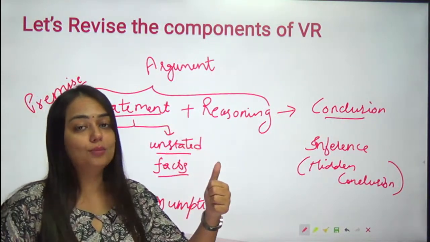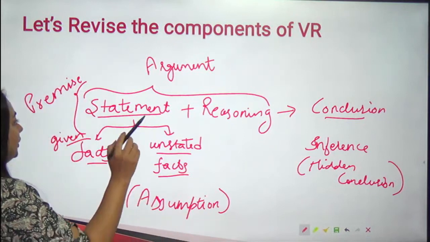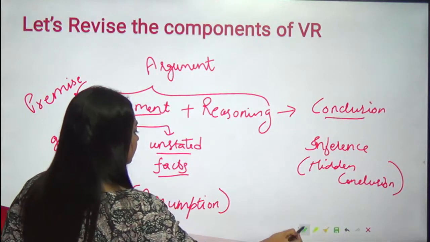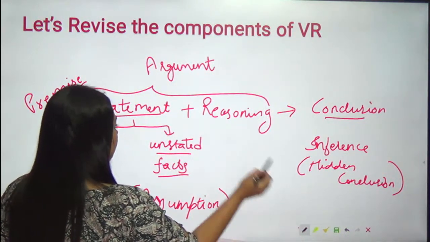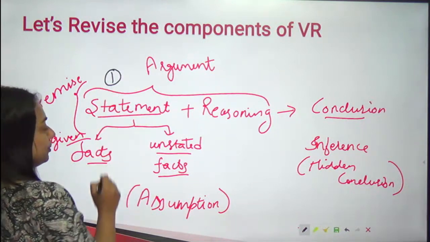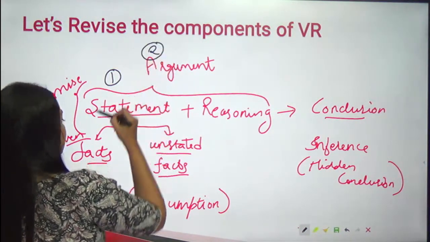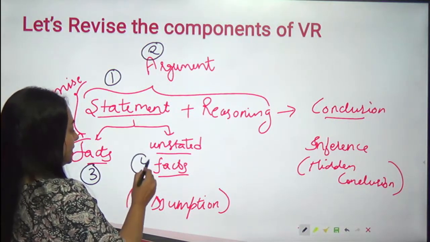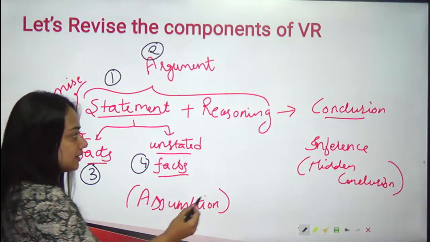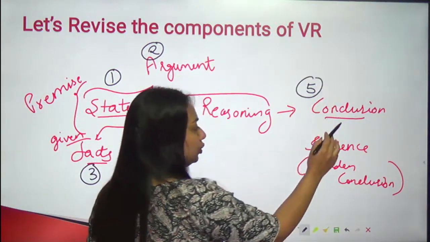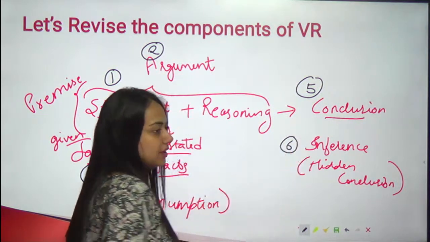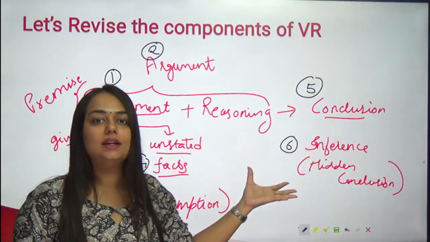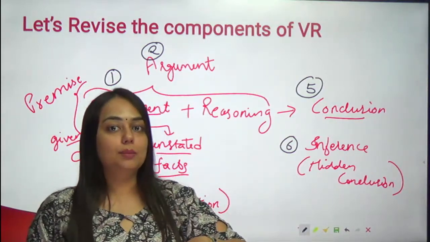Let us count the components that we have learned today. The first is statement. Second is argument. Third is facts, given facts. Fourth is the assumption or the unstated facts. Fifth is conclusion. And sixth is inference. Now you must be thinking, why are we doing this? Why are we understanding this? Because all the questions, be it in critical